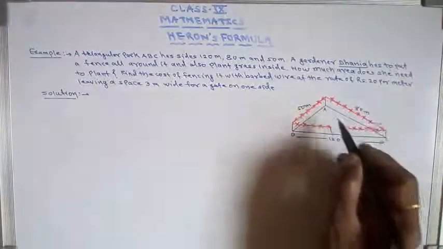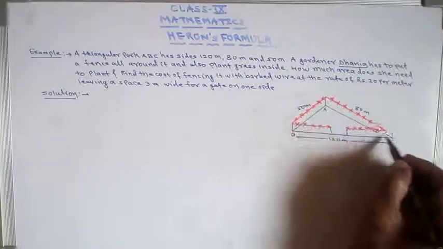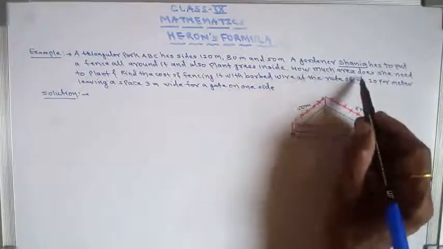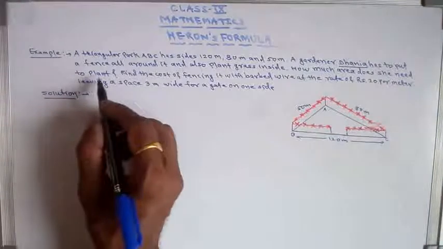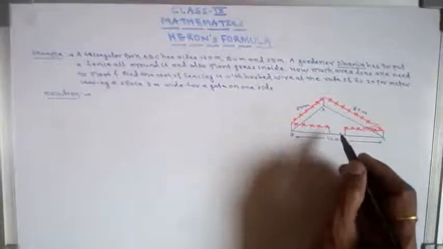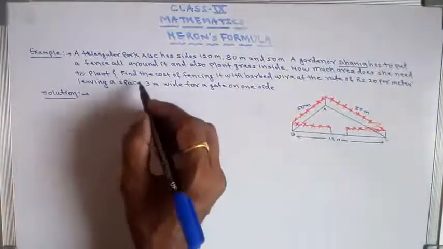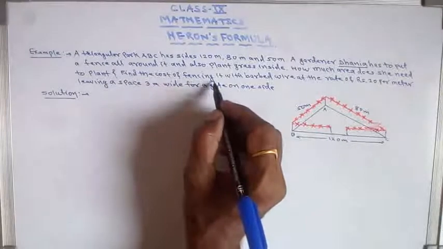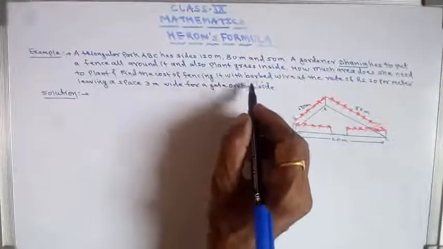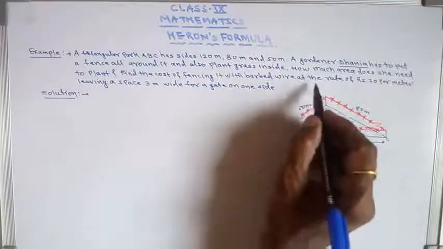उस धनिया को क्या करना है कि इस ट्रायंगुलर जो उसका गार्डन है उसको उसके तीनों साइड फेंसिंग करना है, ठीक है। How much area does she need to plant? उसको अगर प्लांटिंग करना है अंदर इस ट्रायंगुलर पार्क में तो वो एरिया कितना होगा जिसमें उसको प्लांटिंग करना है। Find the cost of fencing also, उसको फेंसिंग करने के लिए कितना खर्चा आएगा with barbed wire, उसको बार्ब्ड वायर लगाना है तीनों तरफ। At the rate of